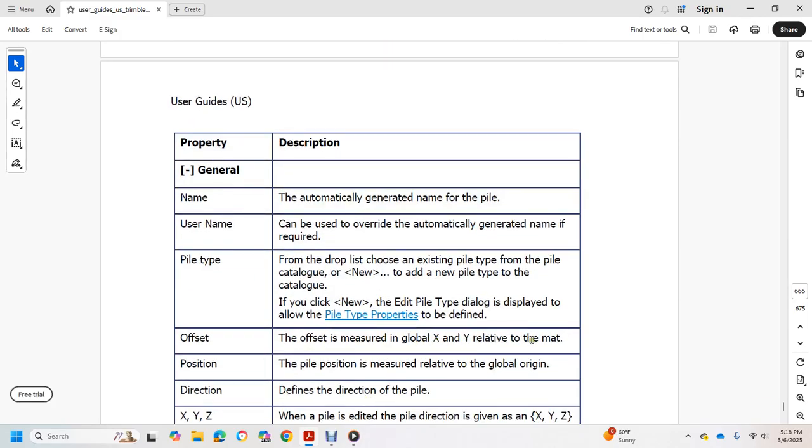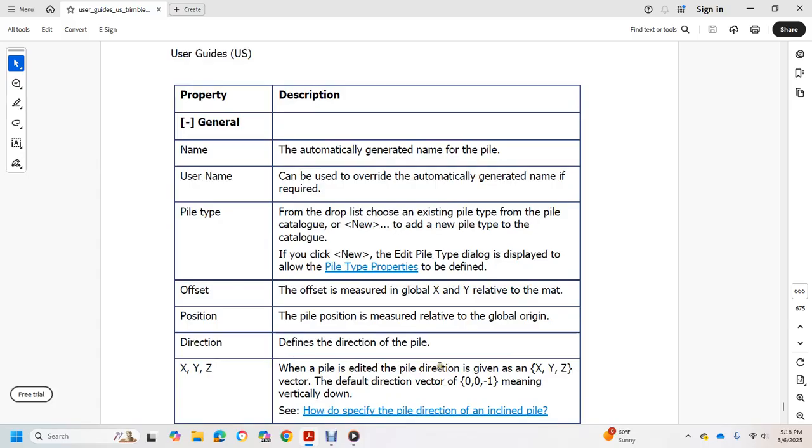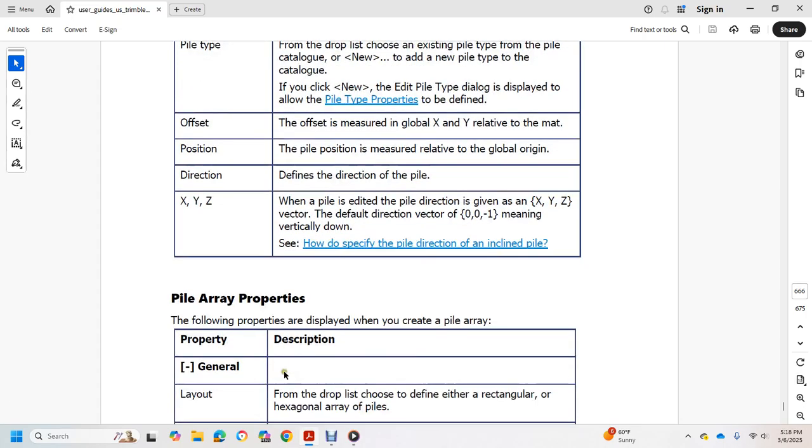with the offset measured in the global X and Y relative to the map position, pile position measured relative to the global origin. To define the direction of the pile X, Y, and Z, edit the pile direction given the X, Y, Z vector; the default direction vector 0 0 -1 means vertically down. Pile array property: the following properties display when creating the pile array. General